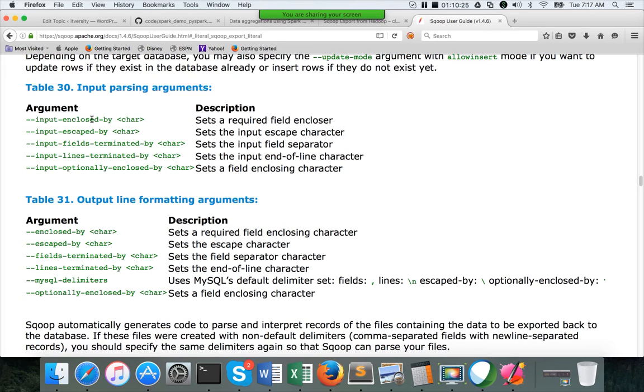As I mentioned to you earlier, input parsing arguments are not very important for import. Similarly, output line formatting arguments are not important for export. I think it is irrelevant for export.